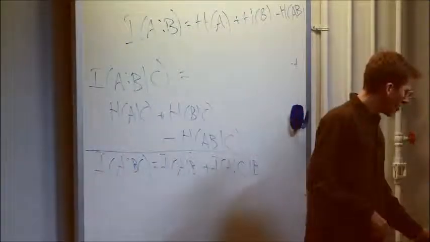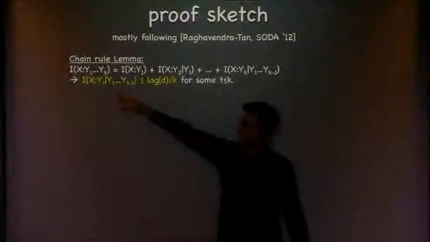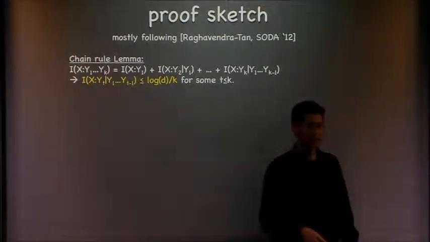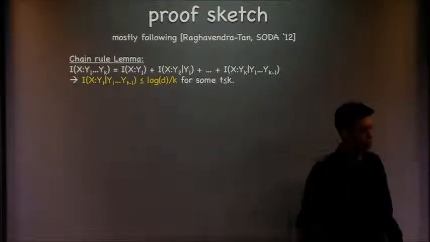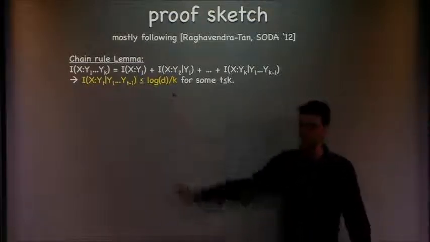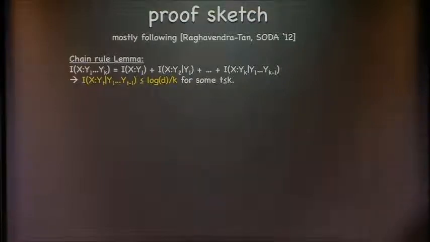And what you get from it is something actually kind of profound, which is if this X system has dimension d, then the left-hand side is at most log d. But the right-hand side has k terms. So the smallest one of those should be pretty small. It should be at most log d over k. We don't know which term, so let's call it t, the particular term. But it means that at least one of those systems, X should be uncorrelated from at least one of the Y sub t's conditioned on all the previous ones.